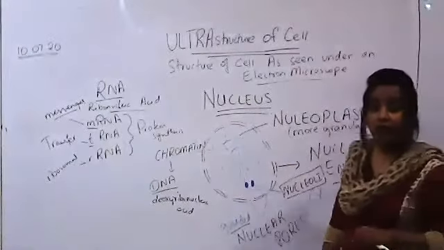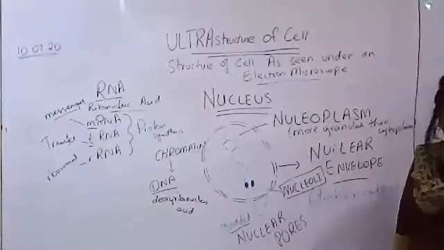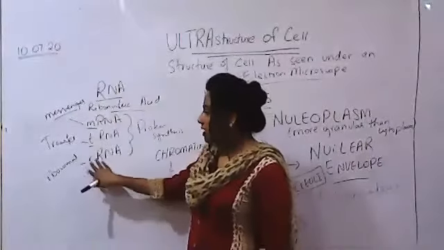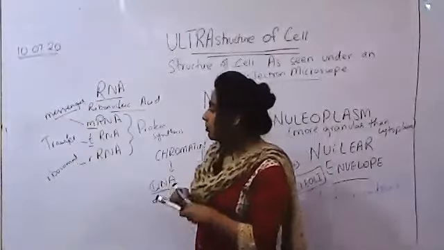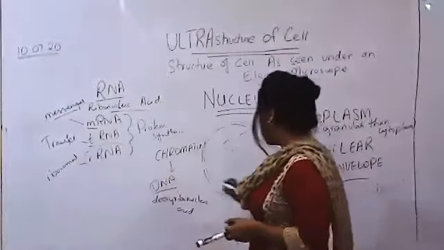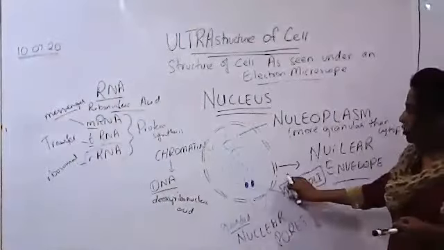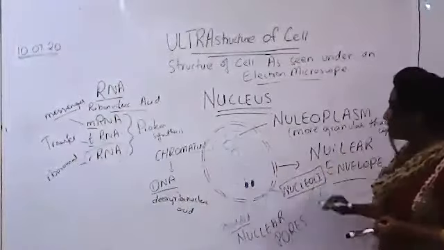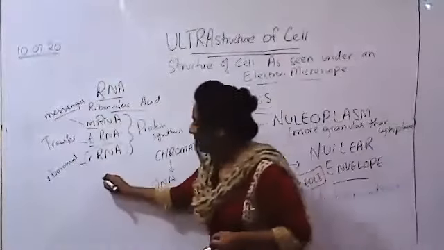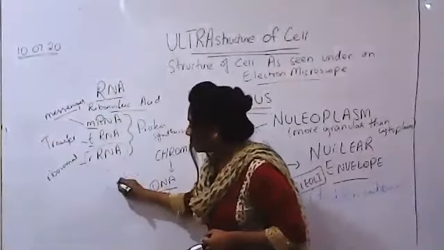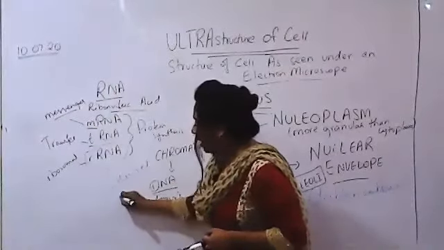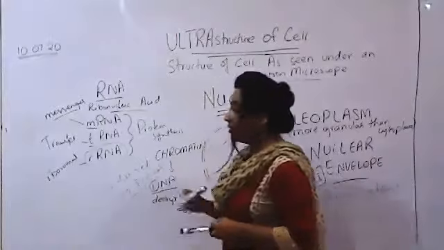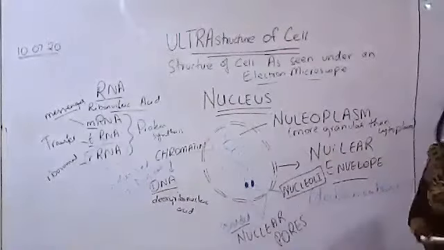One more thing that I would like to add here: what is the function of the nucleoli? Why are these nucleoli present? Again, RNA comes into existence. This rRNA, or ribosomal RNA, is made by the nucleoli. The nucleoli synthesize rRNA, right? Ribosomal RNA is made by the nucleoli. I'm adding this point here: rRNA is synthesized by nucleoli, right? I hope it's clear to everyone.